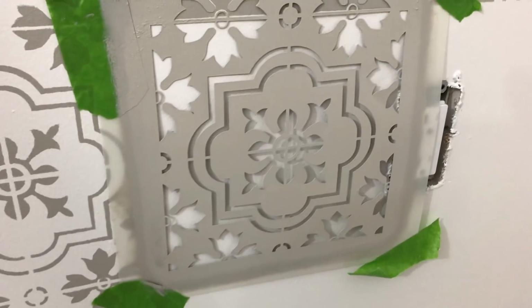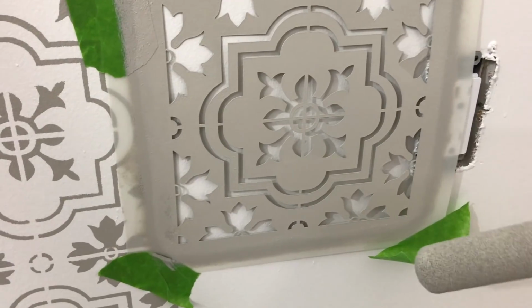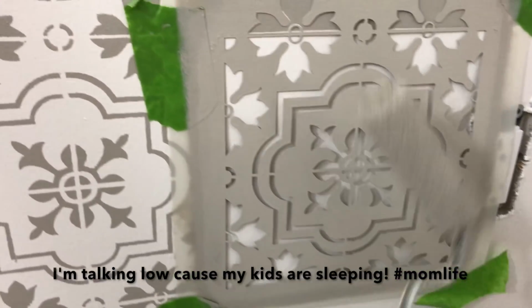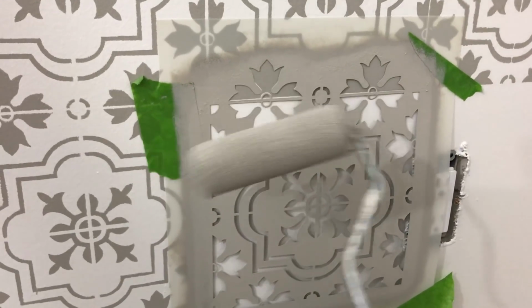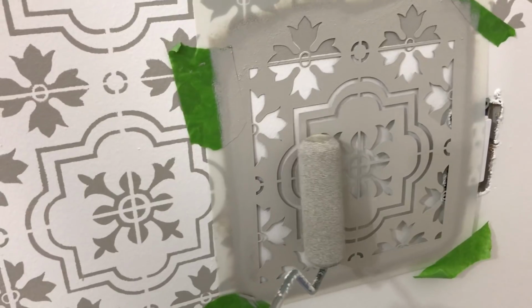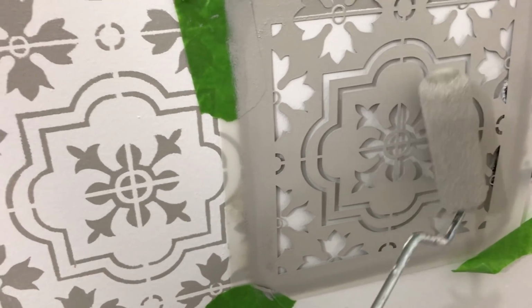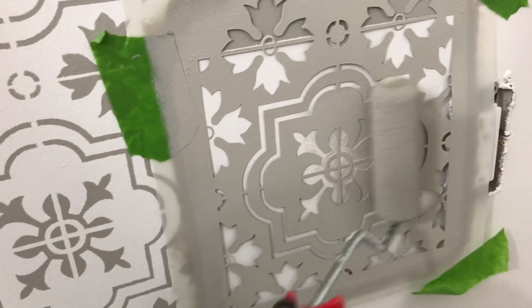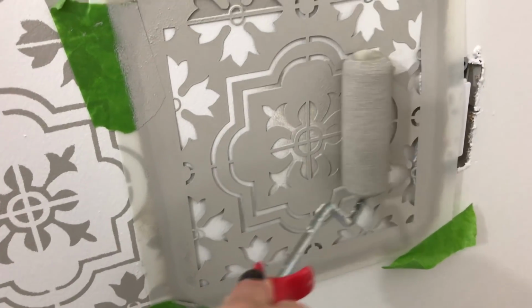Now for painting over a socket like this, you're not going to want to tape that down. As you can see, that's not taped down. Just leave it loosely. You're going to make sure everything is secured properly on these three sides. But as you paint, you're going to push this down over into that area like this, and it's just going to push everything down so that you can